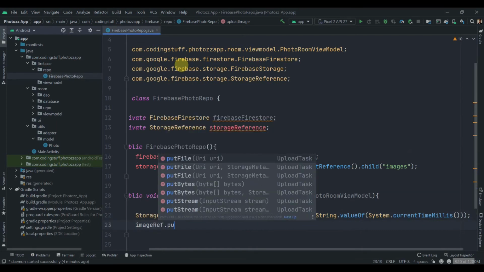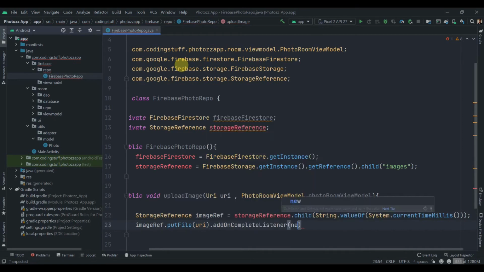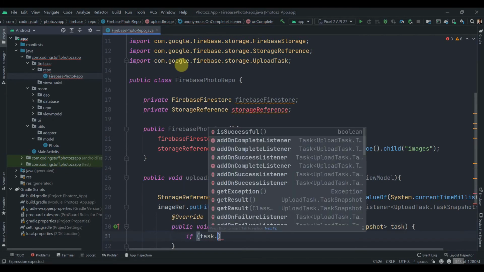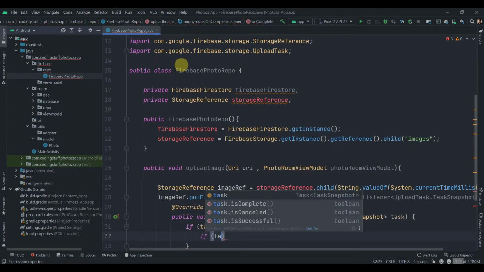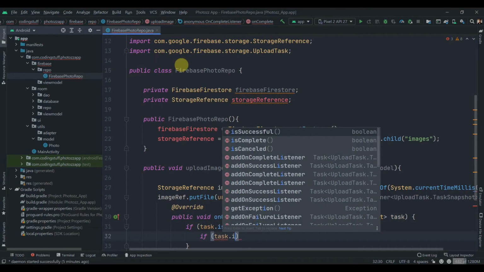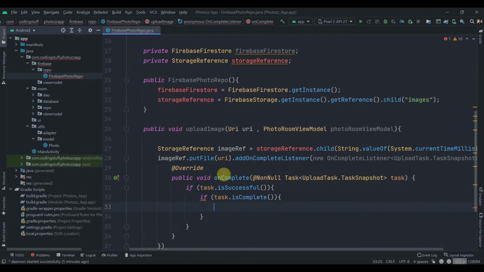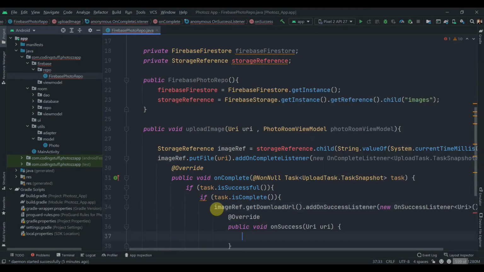Then image ref dot put file will pass URI here, then add on complete listener, new on complete listener. So here we'll have one check if the task is successful, and inside that we'll have another check if task is complete. So if the task is complete, we'll get the download URL from this image ref. So what we'll write, image ref dot get download URL dot add on success listener here, new on success listener,